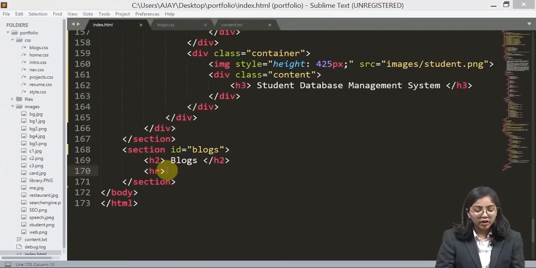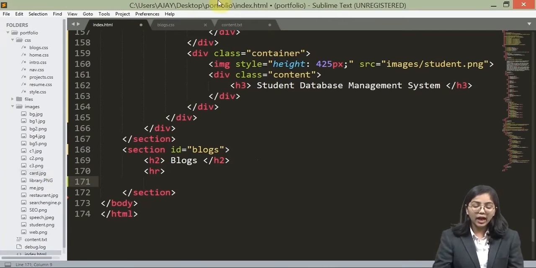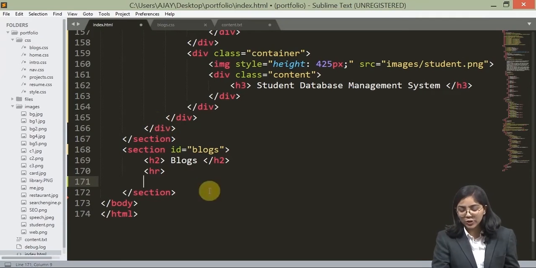Now, if you search on Google for how to make cards, there are so many confusing ways. So let's just hop onto the easy way to create a card. Now what we are going to do is, we are directly going to go into our section. I have already created the CSS file. I have given an ID name to this particular blog, and also I have called it inside the navigation bar.